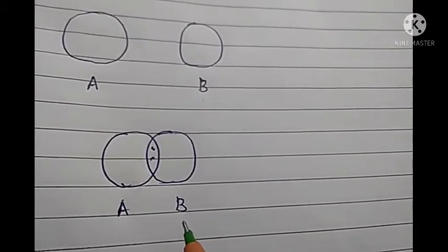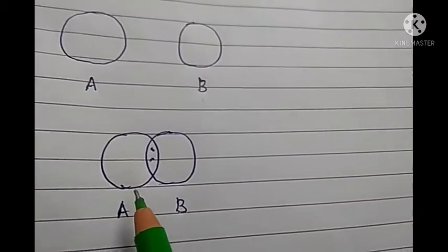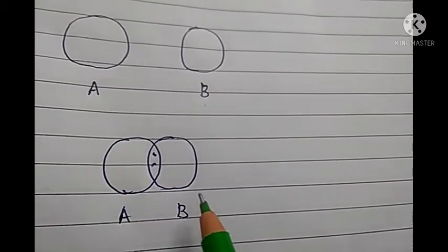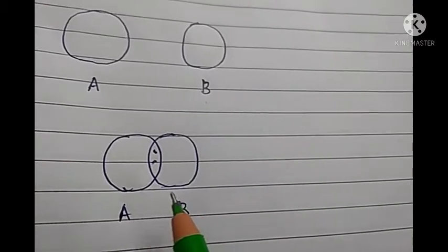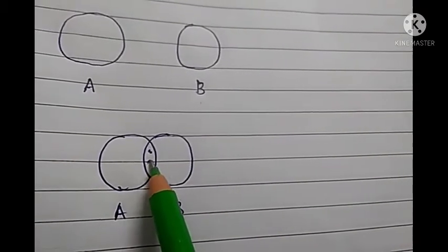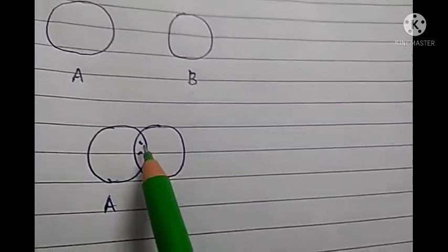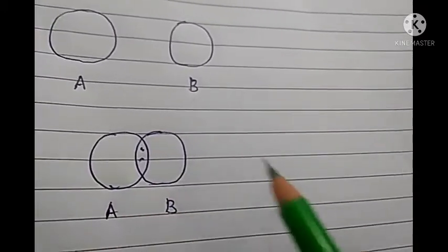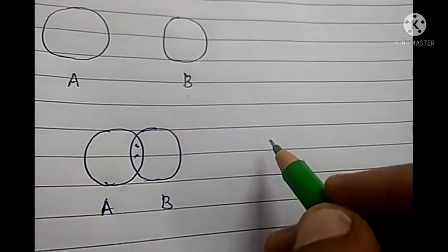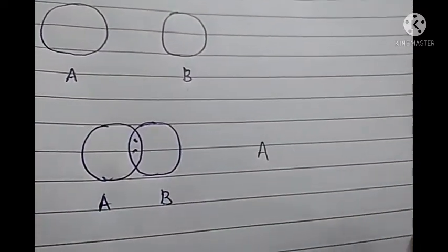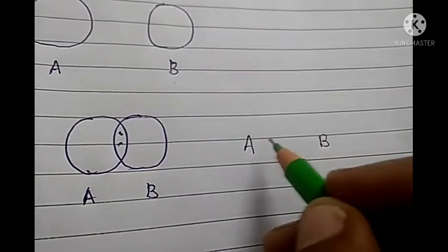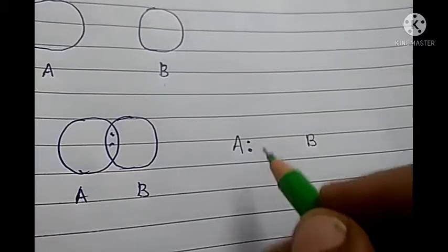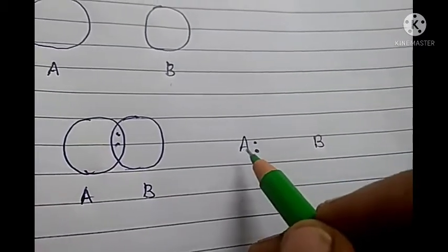between A and B. But here suppose A has more tendency to attract the shared pair of electrons than B. So what will happen? A is attracting these shared pair of electrons more strongly, and as a result these shared pair of electrons are moving towards A. So that we can represent like this. Suppose this is the atom of A and this is atom of B. So this shared pair of electrons are moving towards A. Okay, and they are remaining close towards A.